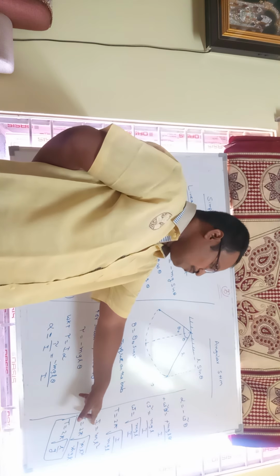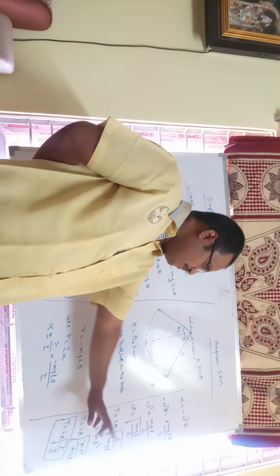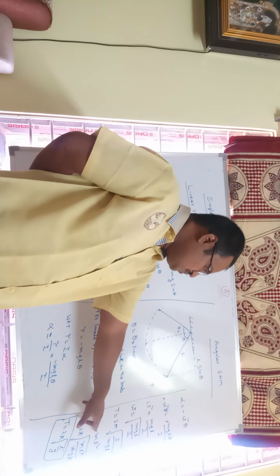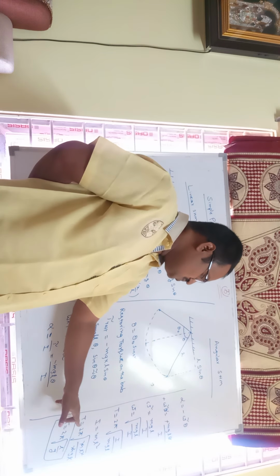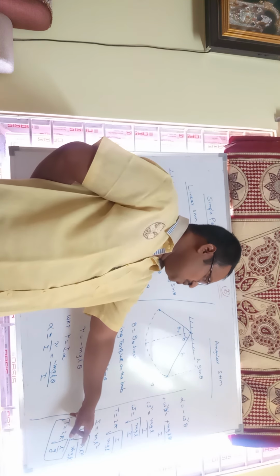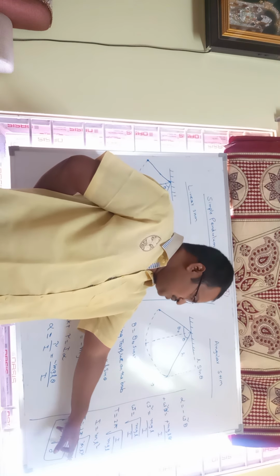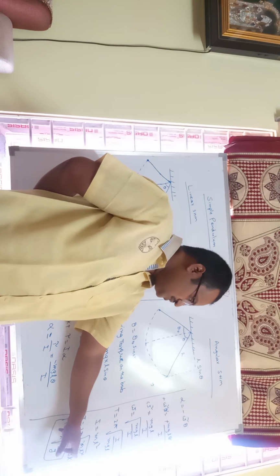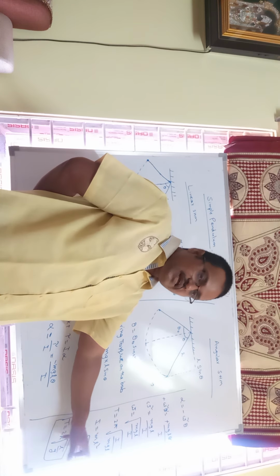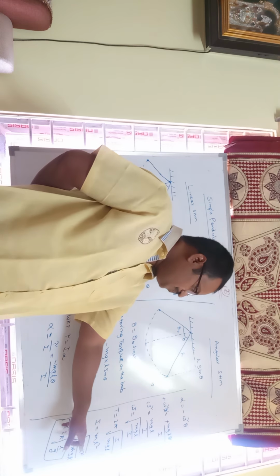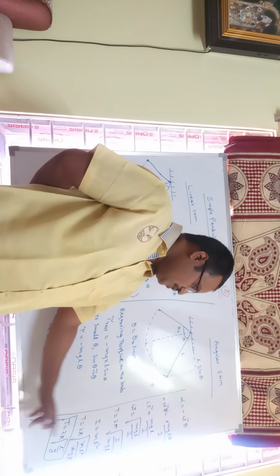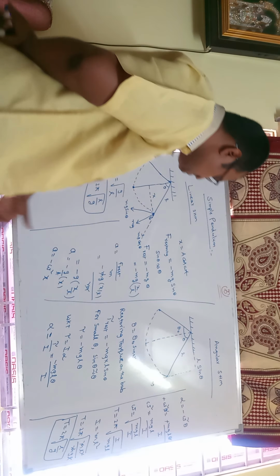So we know that the moment of inertia of the ring is given by I equal to ml square. So instead of I, we can substitute ml square. So we get T equal to 2 pi into root over ml square by mgl. m gets cancelled, and l square by l, we can cancel l. We get l by g. So time period equal to 2 pi into root over l by g.